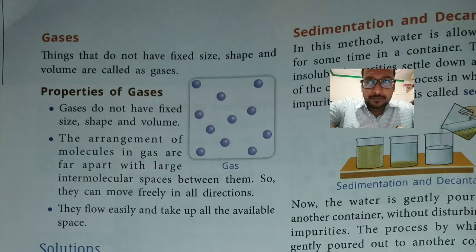In winters, the weather is cold, so the oxygen molecules are closely packed. They come closer. So with closed windows, doors, you can still breathe, but not in summers. Why? Because of the heat, because of the temperature. The gas molecules expand, they move apart. The molecules of oxygen move apart. That's why you cannot close the doors and windows until and unless you have an air conditioner.